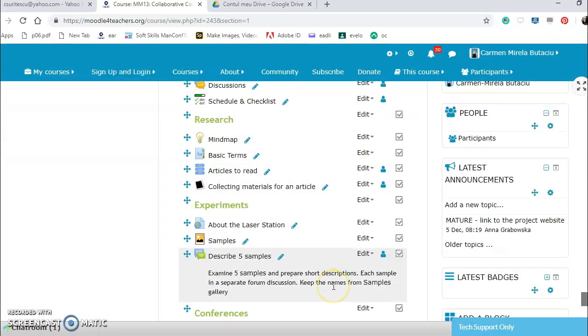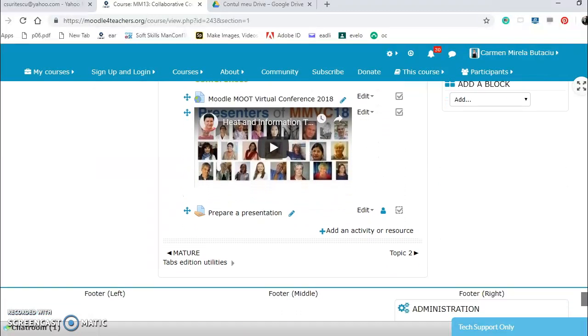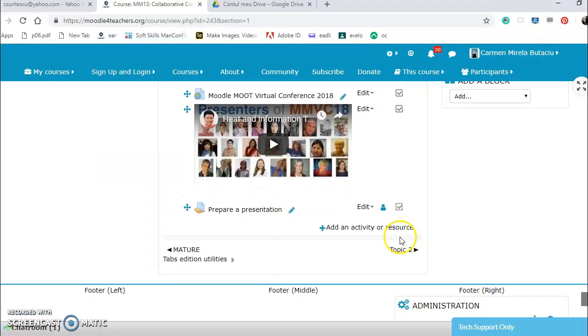It's very well done, it's complete, it's varied, with a lot of activities, mind maps, data, galleries, web forms, samples, conferences, very nicely done, and an assignment.